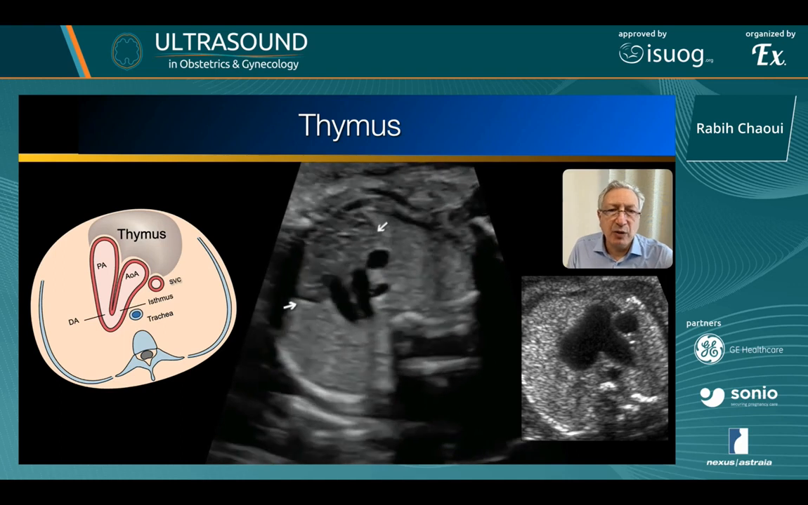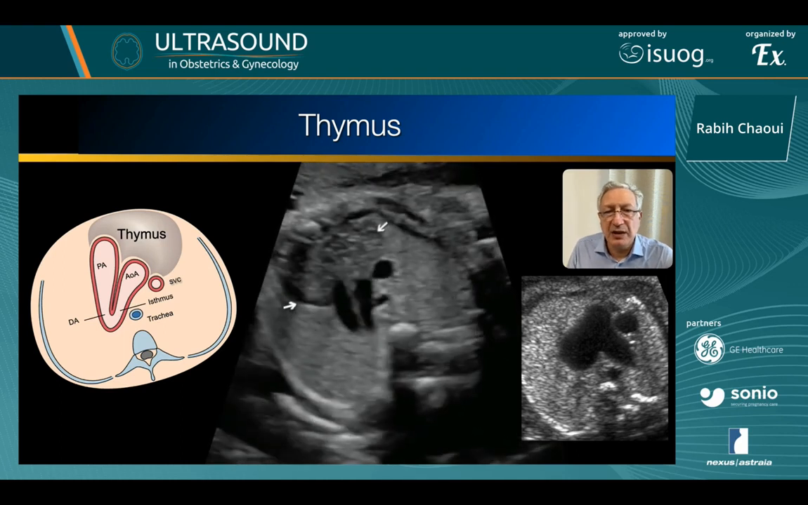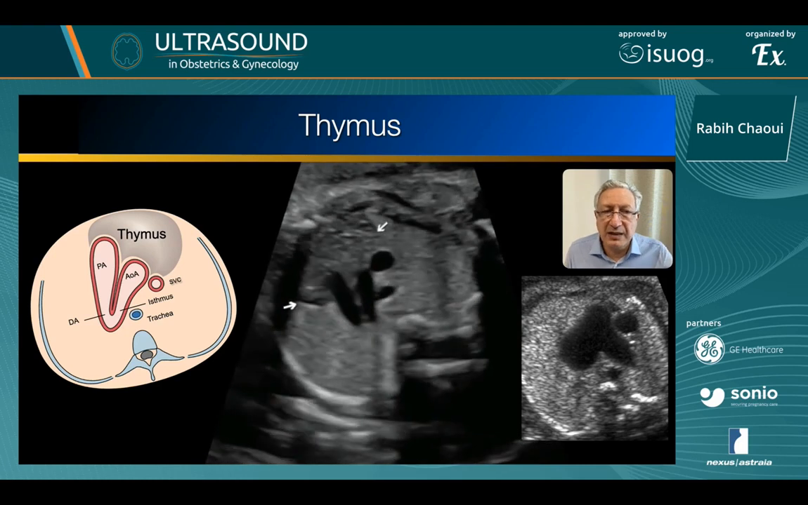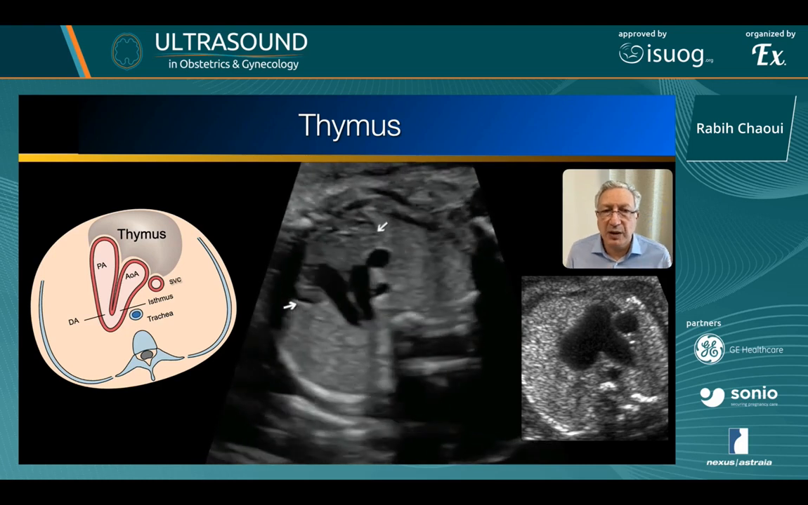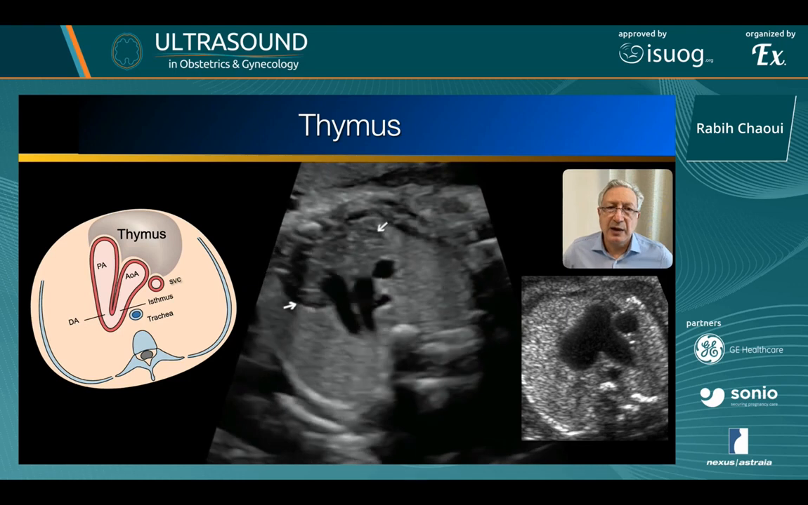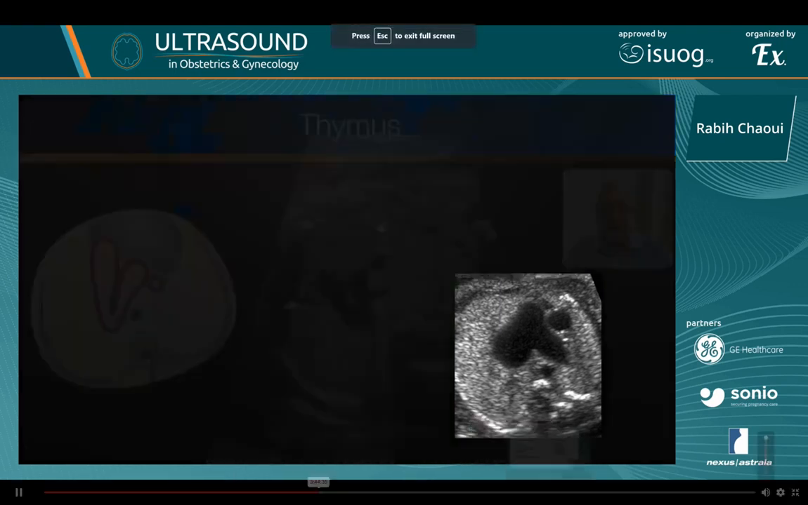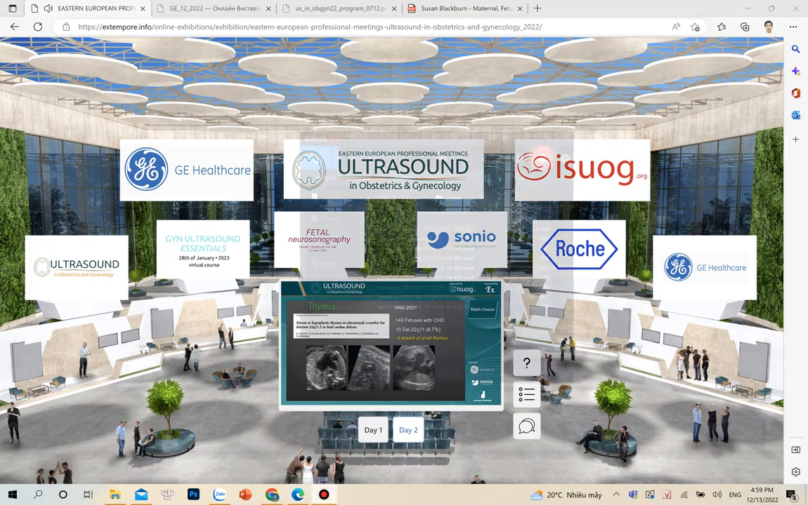If you want to demonstrate the thymus, it's quite easy. You need a high resolution probe, and ideally you will start, if you have not seen it before, around 25, 26 weeks, because you see clearly that the thymus is more hypoechoic in comparison to the lungs. And here we put our first study, analyzed